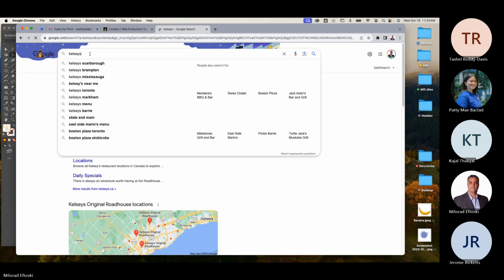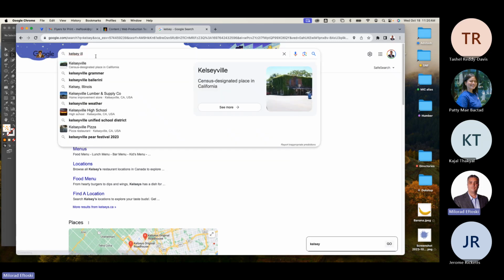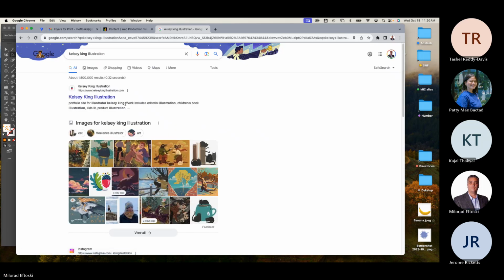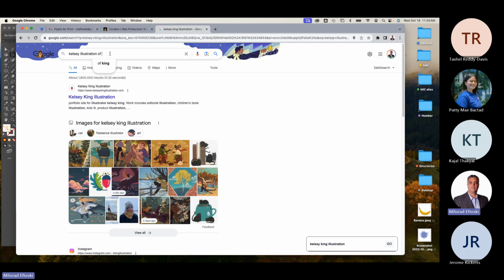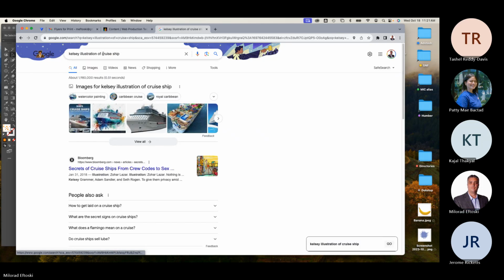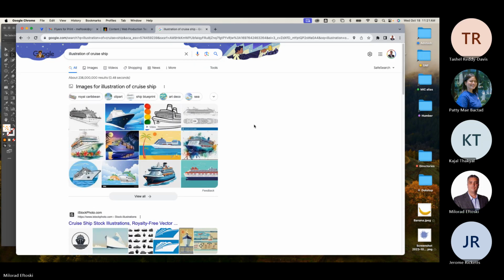Kelsey. Kelsey illustration. Was it an illustration of a cruise ship? Kelsey? Is it Kelsey? I can't remember his name. But